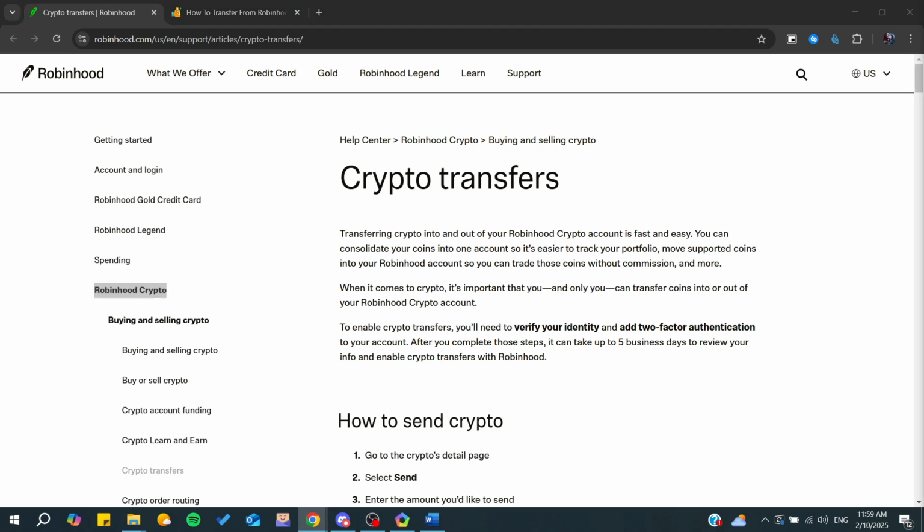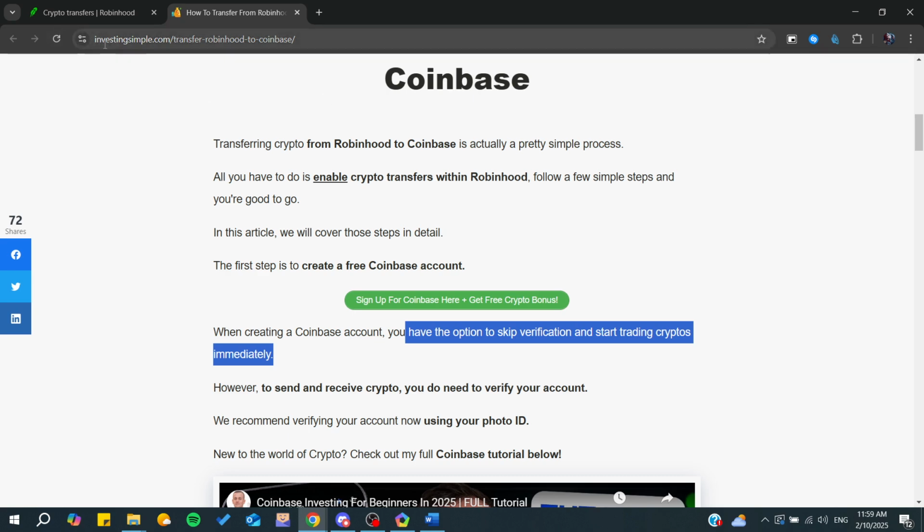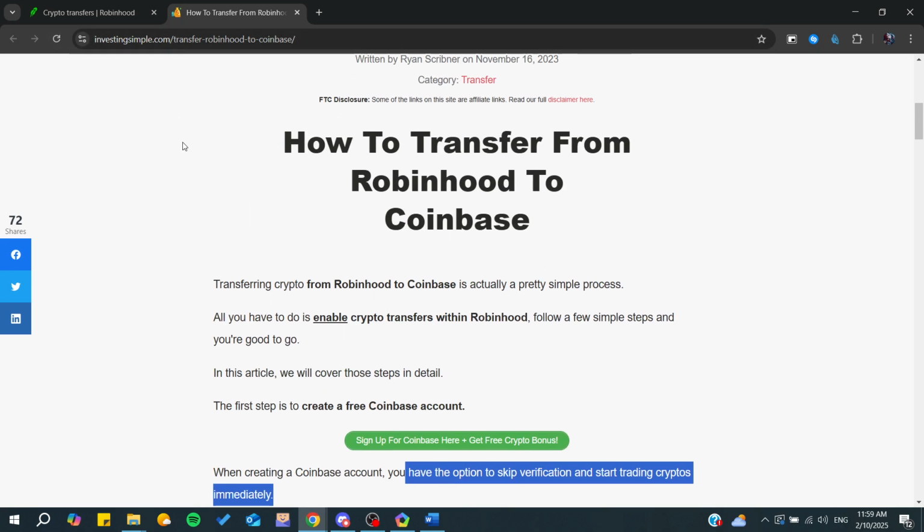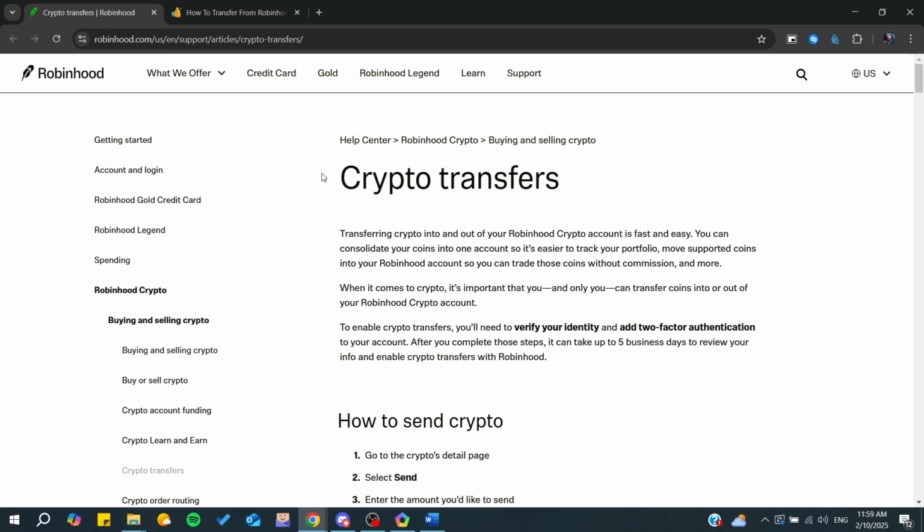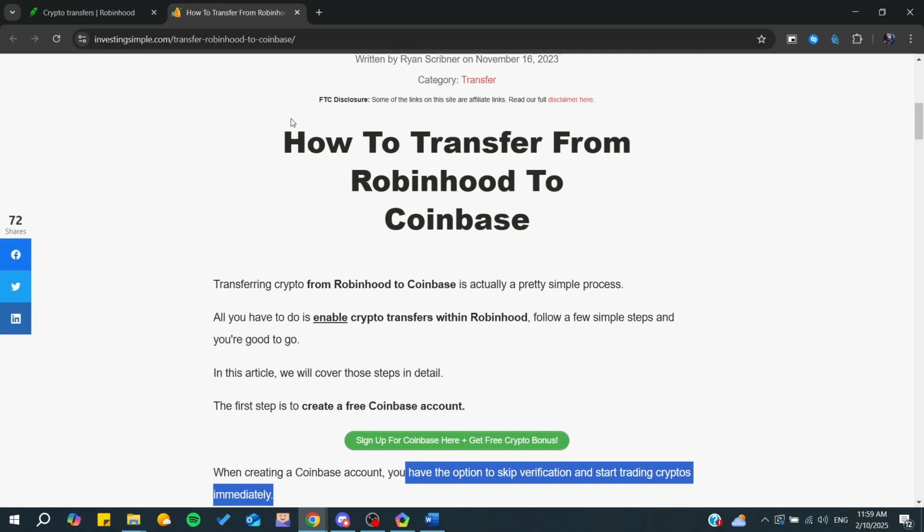In today's tutorial, I'm going to show you how to transfer from Robinhood to Coinbase. So make sure to watch the video to the end and follow these simple steps. Basically, in this video, we are just going to follow these Robinhood support articles and these investing articles. All you need to do is start transferring your crypto by sending it to your